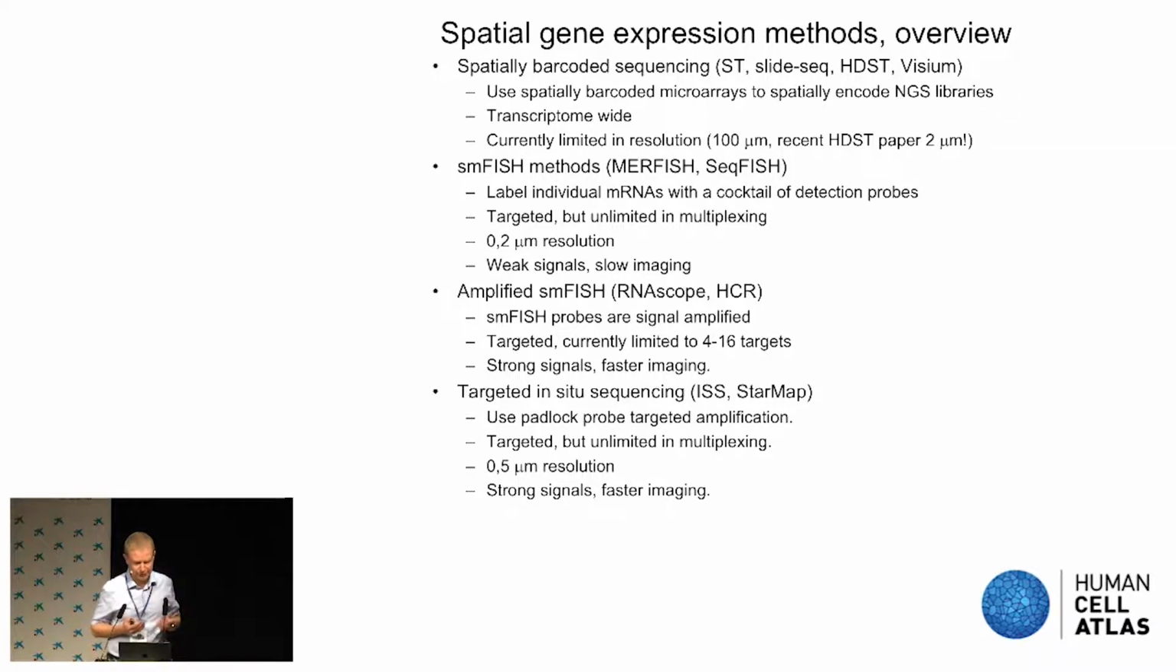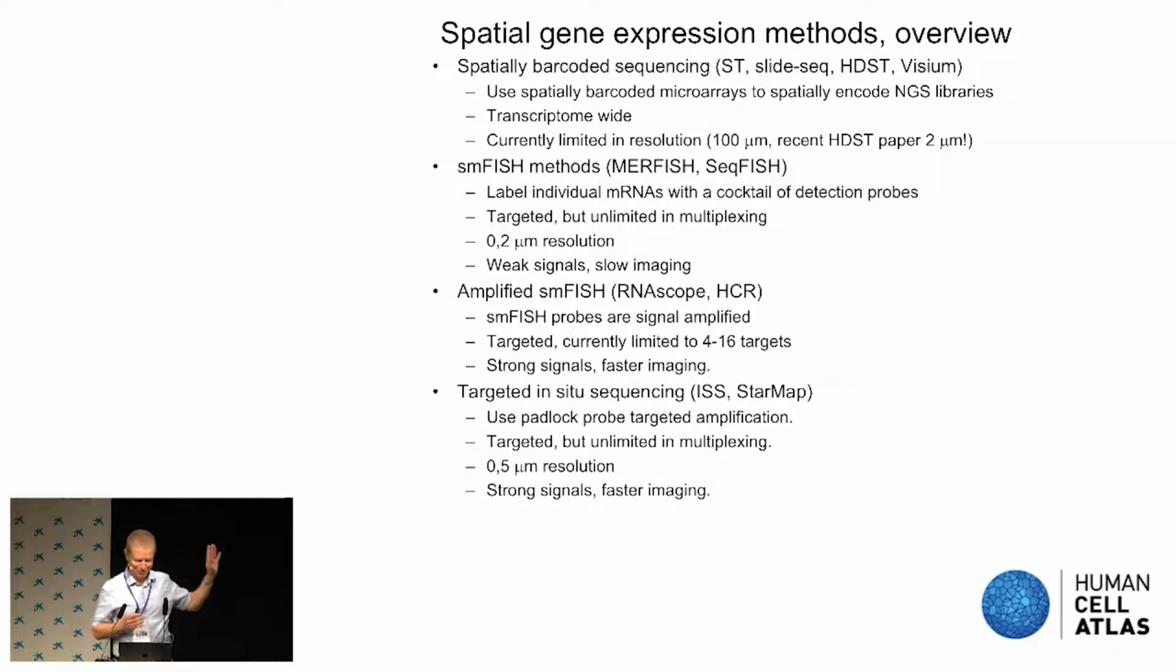So the first approach is to spatially barcode tissues, and that is listed here are approaches where you have spatially barcoded features on slides, to which you sort of blot over your RNA from a tissue, and then generate spatially encoded next generation sequencing libraries. So you put your libraries into a sequencer, and it will tell you where the RNA molecule came from, what spatial feature on the array. It's a transcriptome-wide approach,